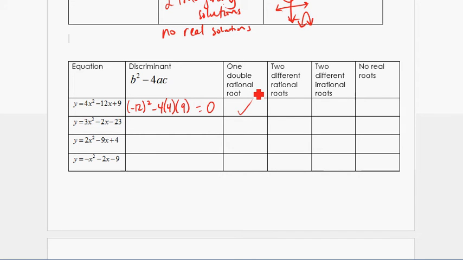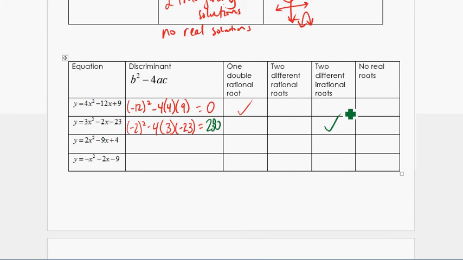Okay? When we calculate this value, b squared minus 4ac, we get negative 2 squared minus 4 times a times c. We're going to end up getting a positive value. It's not a perfect square. You can pause the video and calculate that, and then determine what type of solutions you're going to get. So we calculate this number as 280. And 280 is not a perfect square, but it's positive, so we have two different